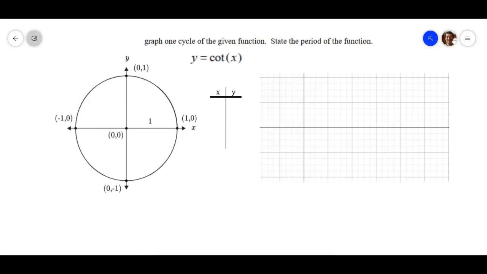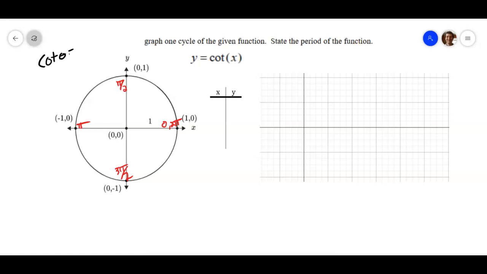So this is in radians, 0. This would be pi halves, pi, 3 pi halves, and again this would be 2 pi, and we could go around and around and around. But also, dealing with cotangent, we also need to keep in mind that